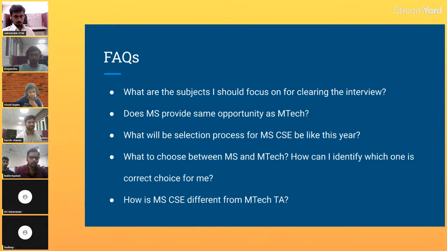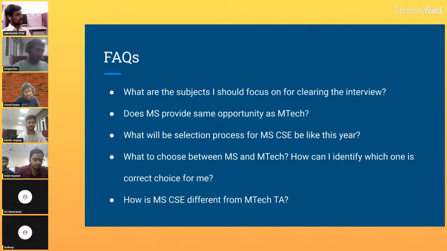Yes, regarding the selection process, the official document is not yet out. So, based on the previous year's experiences, we think that you will have two rounds of interviews and one initial written test. And most probably, it may be conducted offline. So, you might have to come to campus and give your test and interview, and that will be an option for you to roam around the campus and see all the facilities available here.